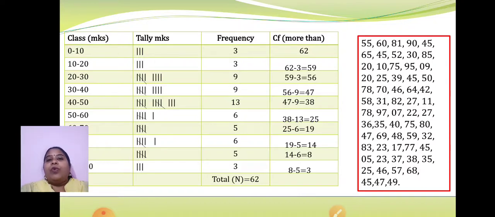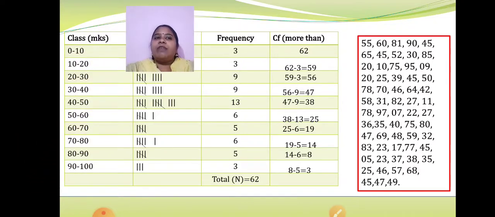Okay. Now, what type of questions can be asked based on this? Just have a look here. I hope you know what is CF more than type. Suppose I tell you, just concentrate on this class interval. How many students have got marks more than or equal to 40? Right? Now is 40 included here? No. These are continuous classes. 40 is included here. So if I say how many students have got marks 40 or more than 40, what do I mean? I want the CF of this column. How much is it? 38. So there are 38 students who have got marks 40 or more than 40.